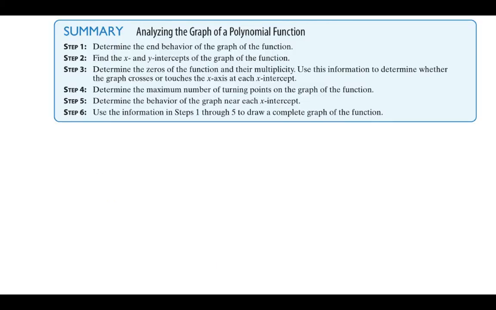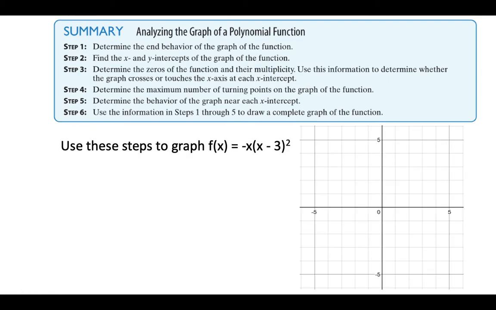Then go to the next page. These are pretty much the same six steps we said on the other page. This is some recap, because we will be using the same kind of idea here. Use these concepts, or these steps, to graph it. So here we have x, then (x minus 3) squared. That means what is the maximum power here? X squared and x, that means x cubed. So minus x cubed. So the minus x cubed graph will be our final behavior, and then the real zeros are